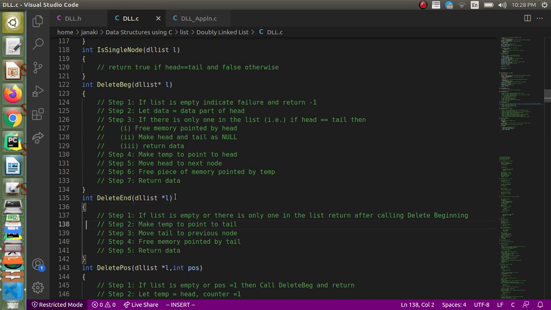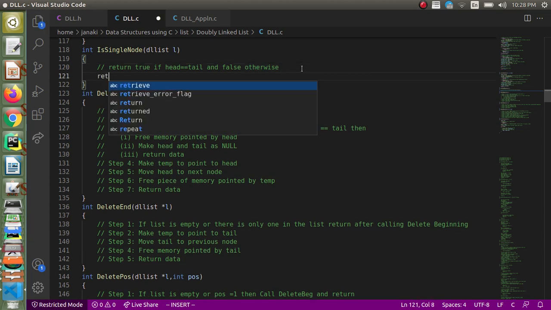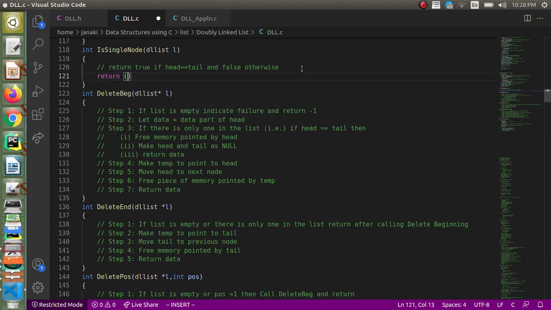Now let's first write the isSingleNode function in the C file. How isSingleNode should work is, if head equals tail, we should return true, and false otherwise. We can simply use a boolean expression for this. We can just return L.head equal to L.tail.